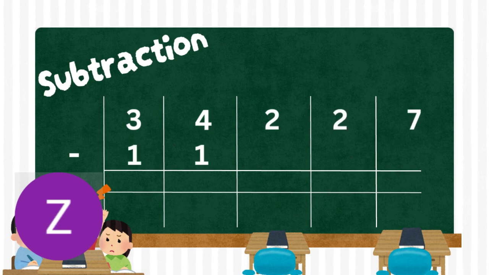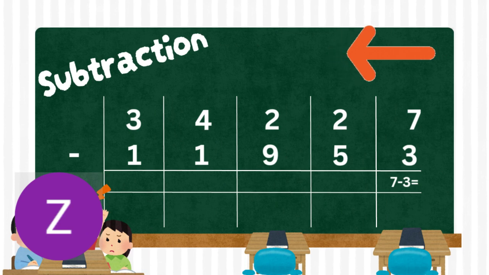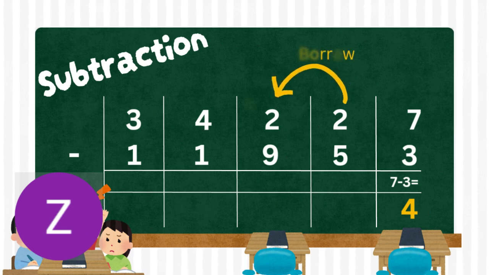When we look at subtraction, you can also write the numbers underneath each other in their place value. We also start from the units side. So 7 minus 3 is equal to 4. Then we look at the next column, 2 minus 5. You cannot minus 5 from 2, so you need to go borrow from the friend next door. So the friend next door is the 2. You take away 1 from the 2, so the 2 becomes 1, and the 2 gives 10 to the other 2 that needed extra numbers.